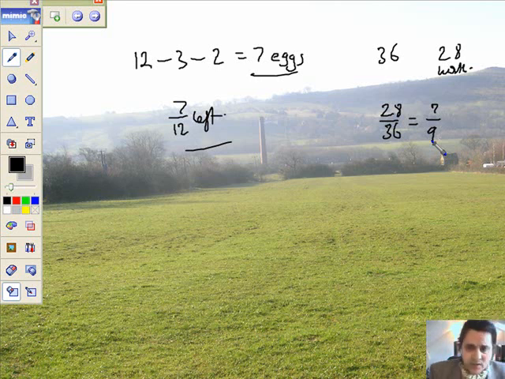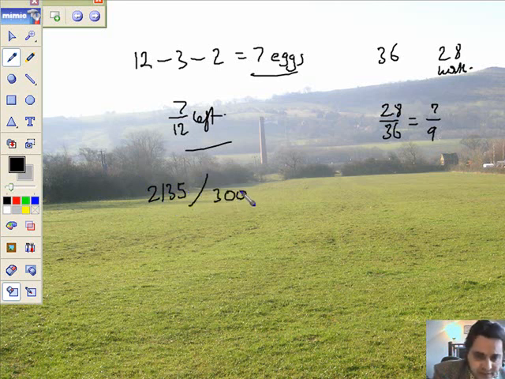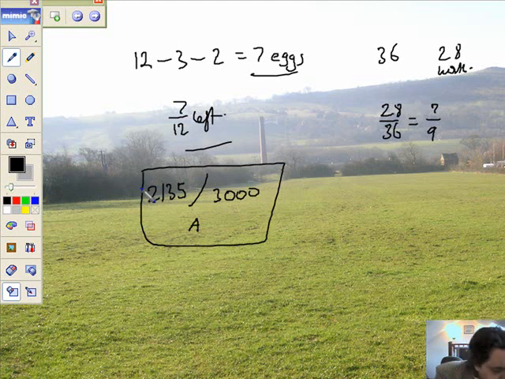Here we go, here's a nice one, I like it. In a clinical trial, let's move this camera a bit. In a clinical trial, 2 new drugs are involved. I've got this many patients out of 3,000 used drug A, so that's drug A, that little lot there. And then it says, and they got better, and this many,